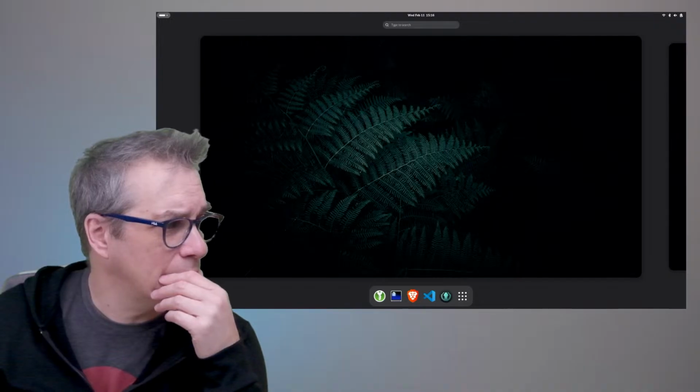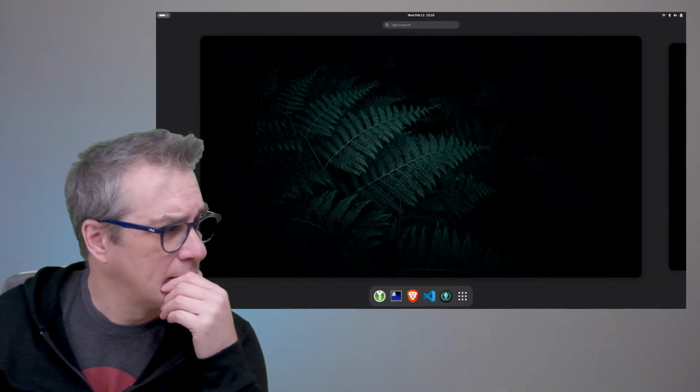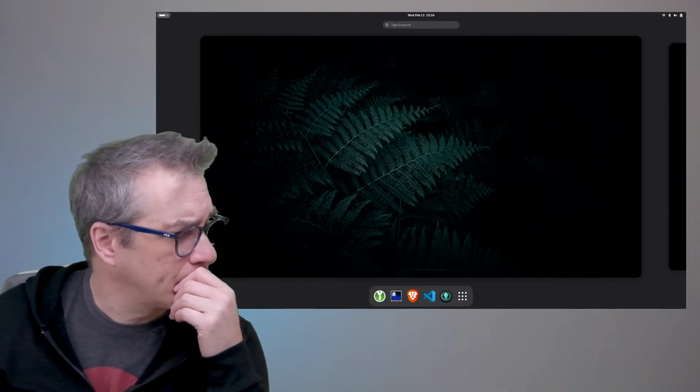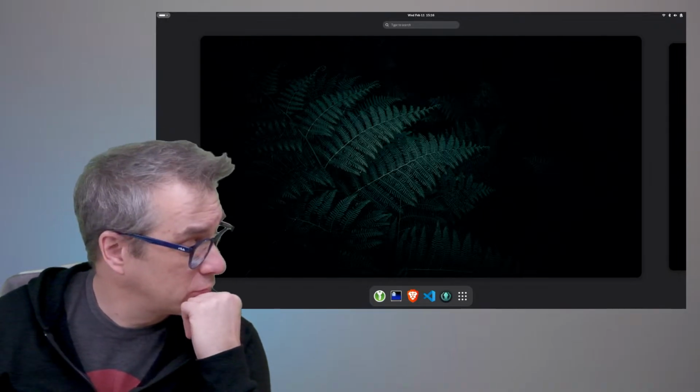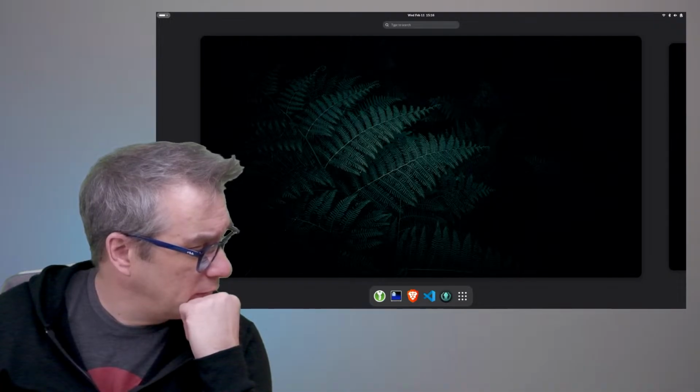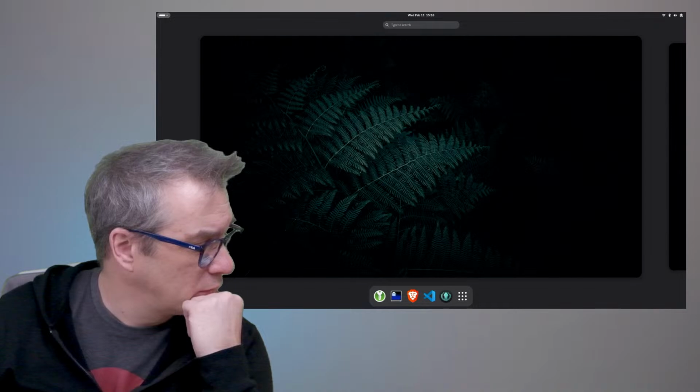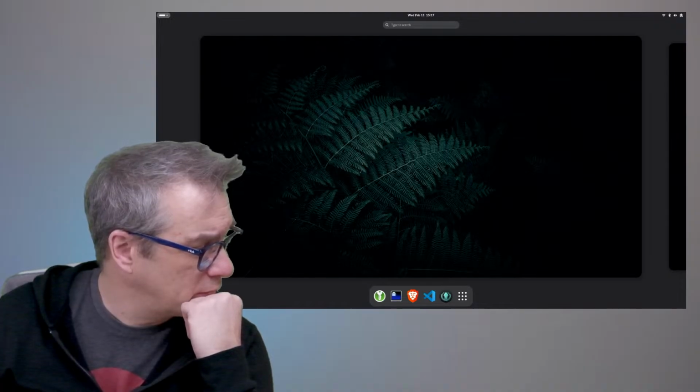So I think what we will do is we will try the beta version. Do I have multiple screens on this one? Oh, I only have this. If I remove that, there's nothing.